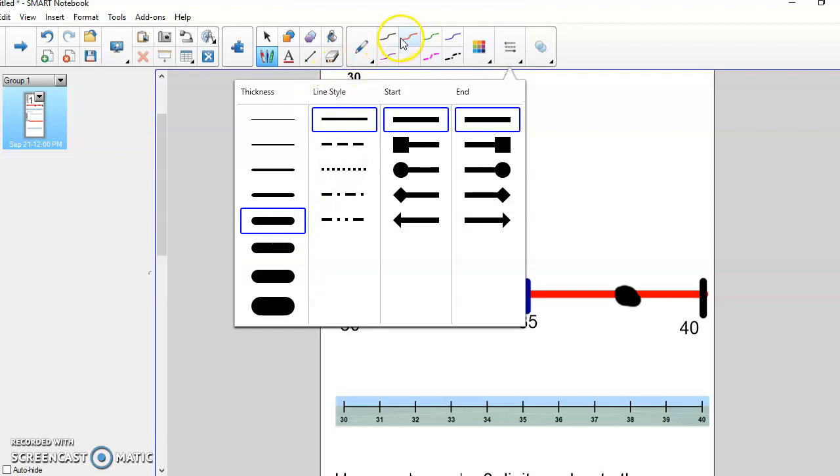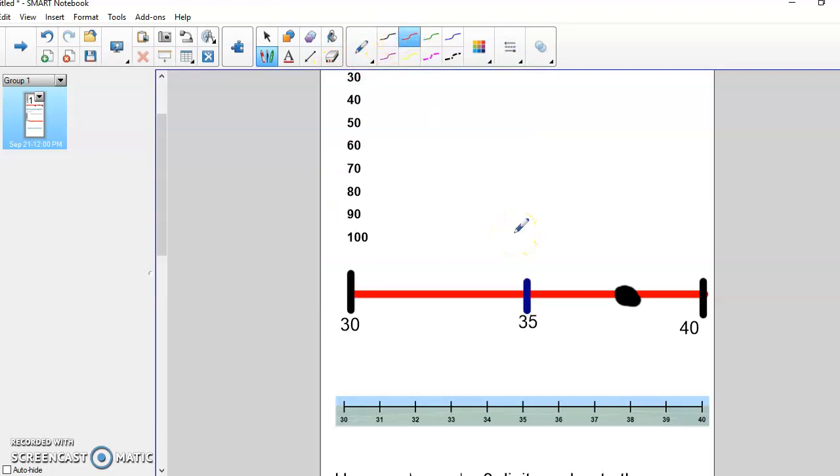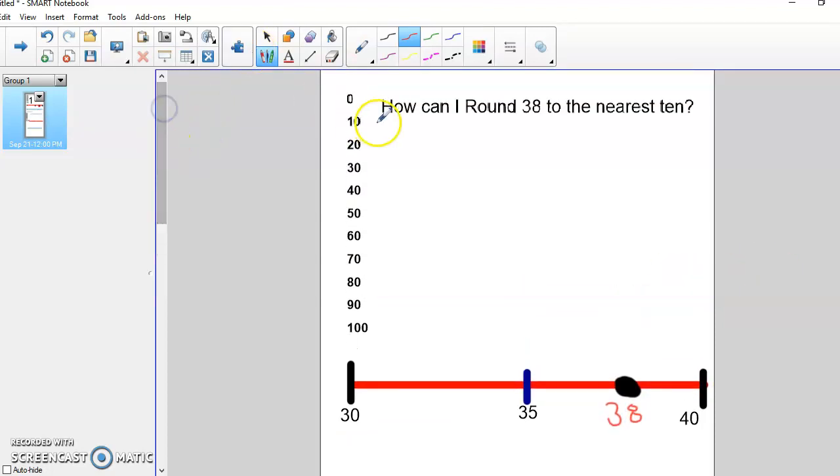Now, I can use a pencil, and I just have my red pencil that I'm doing, and I'm going to label that 38 because that's where 38 is. But I'm still not done because remember, our question says, how can I round 38 to the nearest 10? Okay, so here's 38. Now, I can only have an answer of either 30 or 40 because I'm rounding to